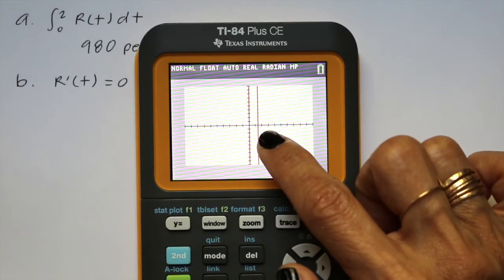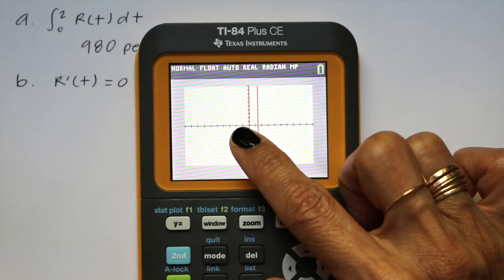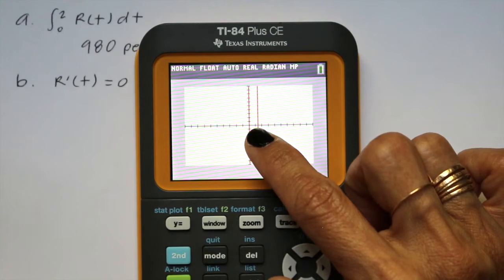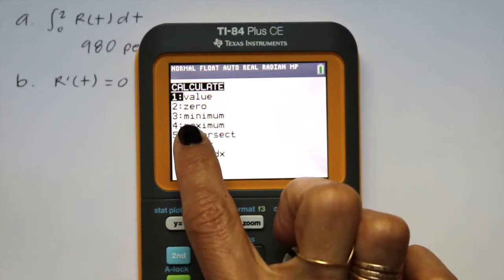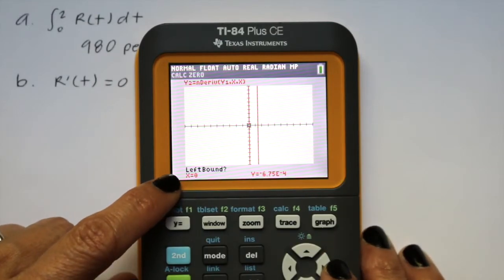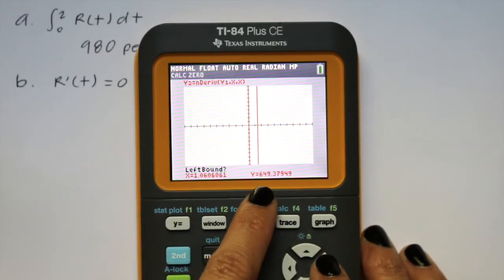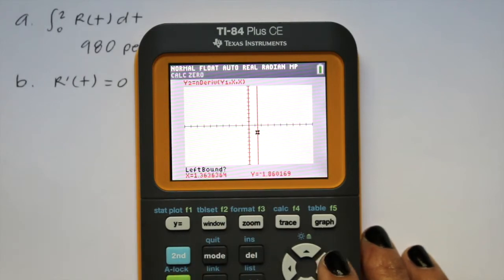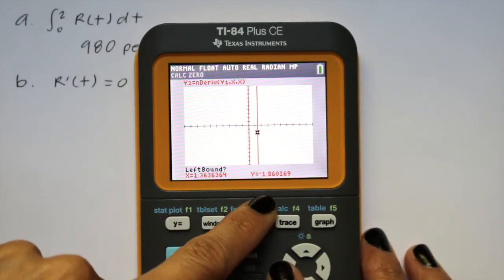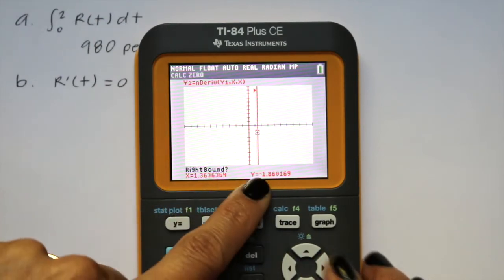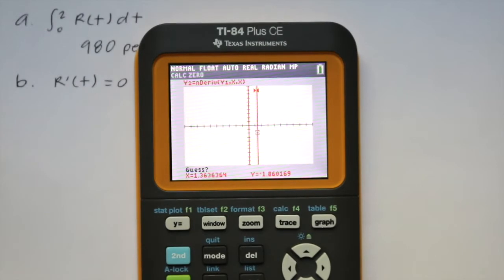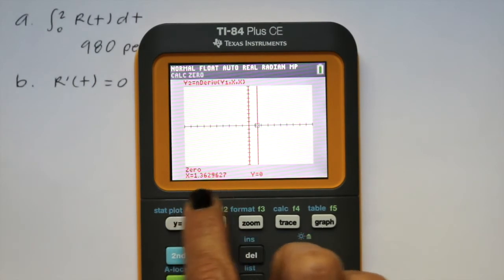You can see that r prime is hitting the x-axis at 0 and also right here in between 1 and 2. So we're going to find this 0. We're going to press second trace, 0. Right now it wants the left bound, so we're going to arrow to the right. Finally, it's starting to come back down, so we're at 649, we're at 370, and finally it went negative. So we're going to arrow left one more time. That's going to be our left bound, press enter. Now arrow right, and now that we're negative, press enter. Enter one more time, and here's our x-intercept,